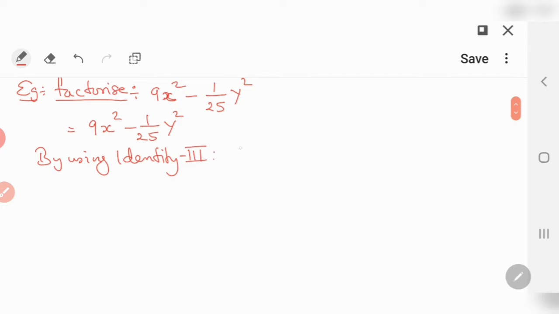So what was the identity 3? a square minus b square, correct? And that is equal to what? a plus b into a minus b. So this identity you have to write. So to write in this identity, what we'll do? Here you have to write,